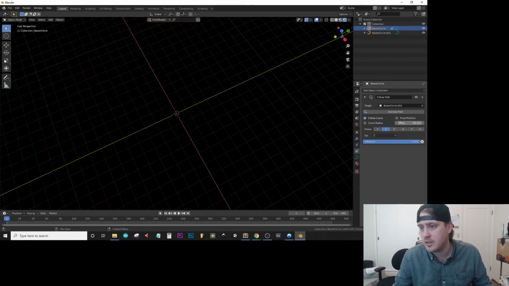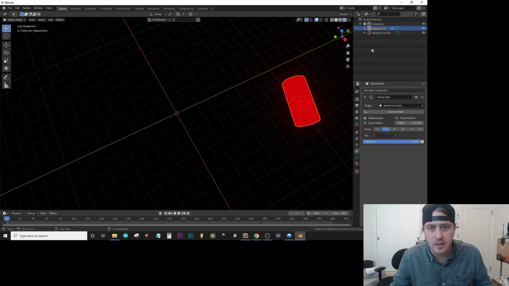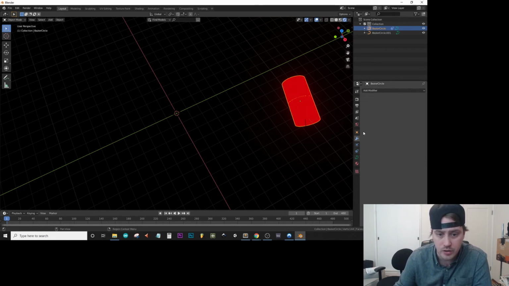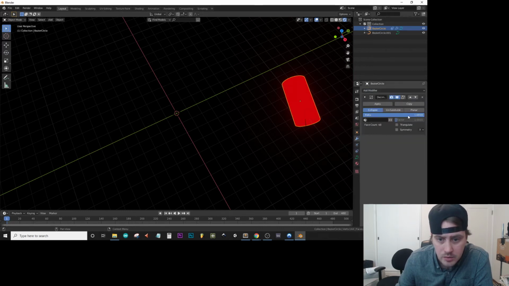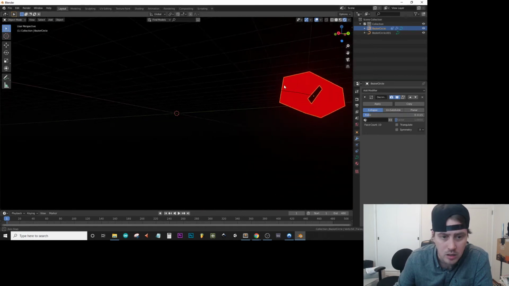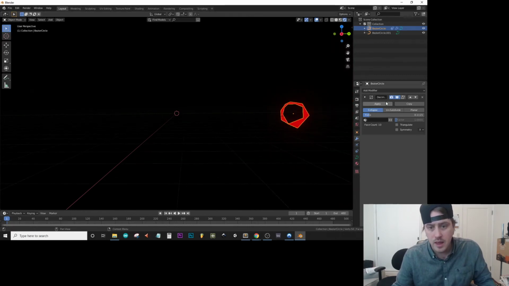Now I've got this kind of in this red ring thing. I can make this whatever size I want and add some modifiers to it as well, which could be cool. Decimate, do. Alright. Yeah, that kind of looks funky. And then